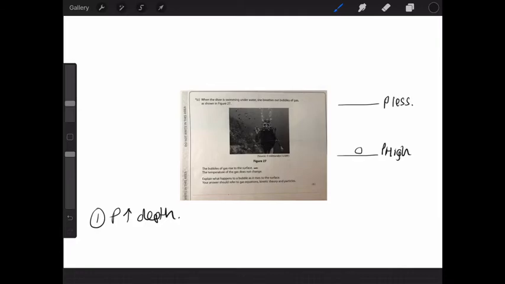The temperature of the gas does not change. Now that is a really important sentence. If the temperature is fixed, that means the kinetic energy that is stored in the particles of this gas is also fixed. That kinetic energy stored at the particles is not changing. Therefore, the speed of the particles is fixed. If you think about half mv squared, if the kinetic energy store is fixed, the speed of the particles is also fixed.